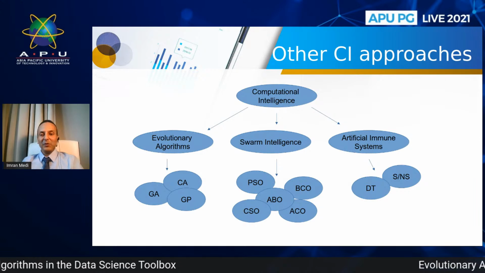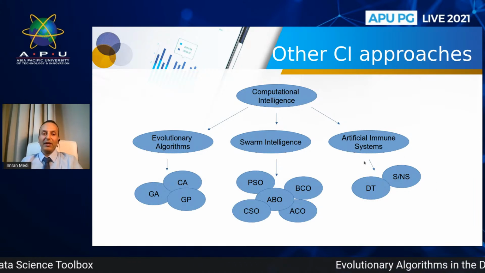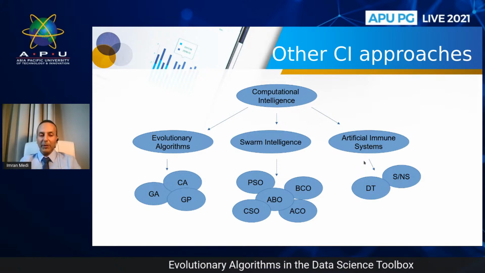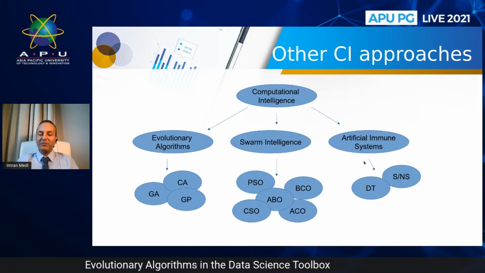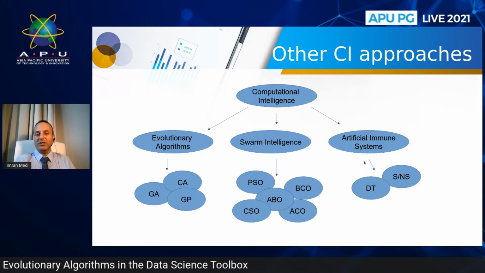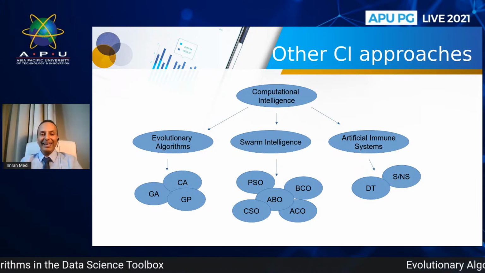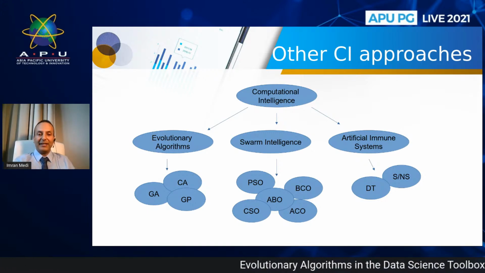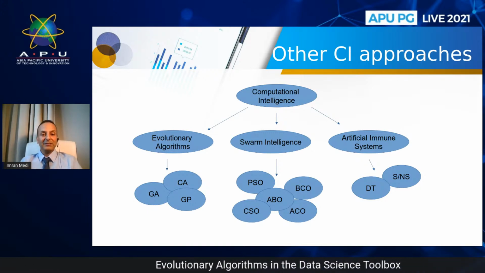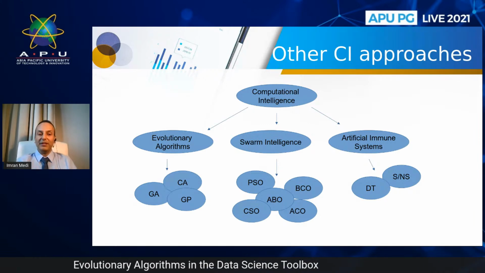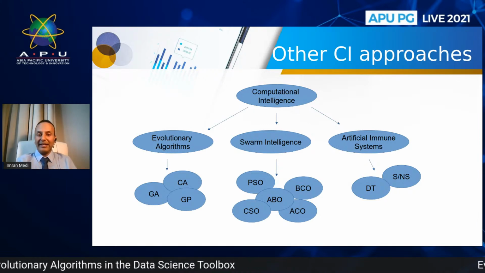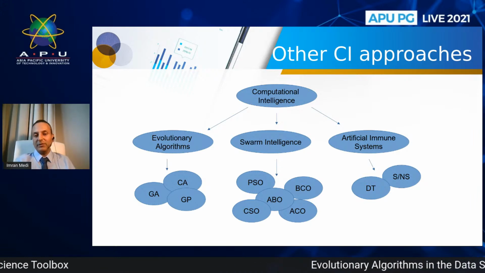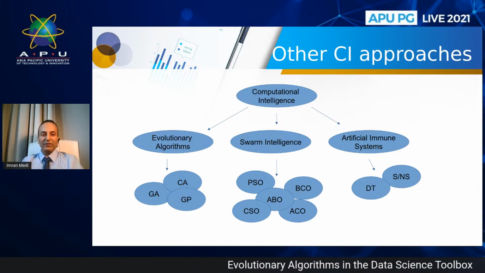And then finally, the most adaptive of all these three areas is artificial immune systems, which looks to mimic the learning and adaptive behavior of the human immune system. So the human immune system has an incredible capacity to learn from antigens that it encounters and develop antibodies so as to be able to then fight off that antigen in the future. And so there are various approaches for artificial immune systems, such as those based on danger theory and self, non-self.